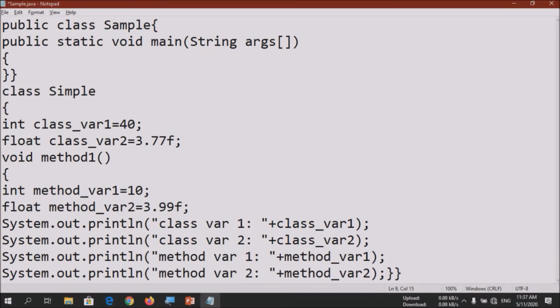Okay, we have created the void method in class simple.